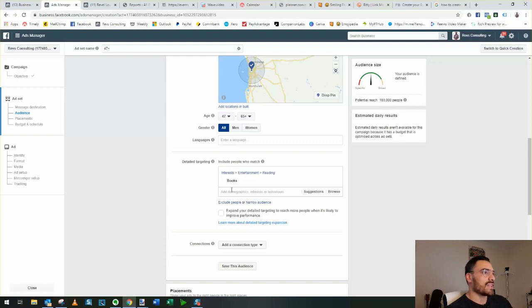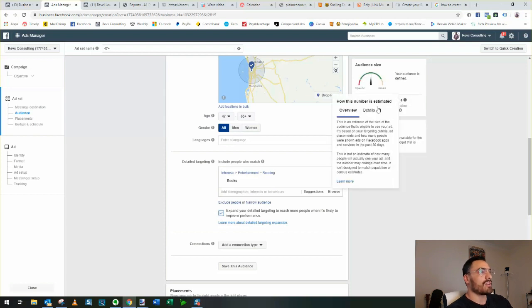If you wanted to keep that interest, because that makes total sense for you, and you don't want to move anything else, and you want to make that audience size bigger, which you should, there's this little tick box down here that says expand your detailed targeting to reach more people when it's likely to improve performance, i.e. give you better results or leads or messages or online sales. If you click that, just watch what happens to that potential reach. That skyrockets to